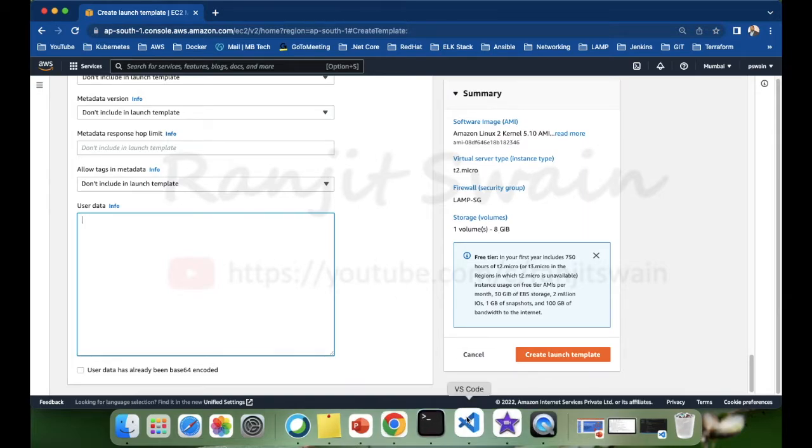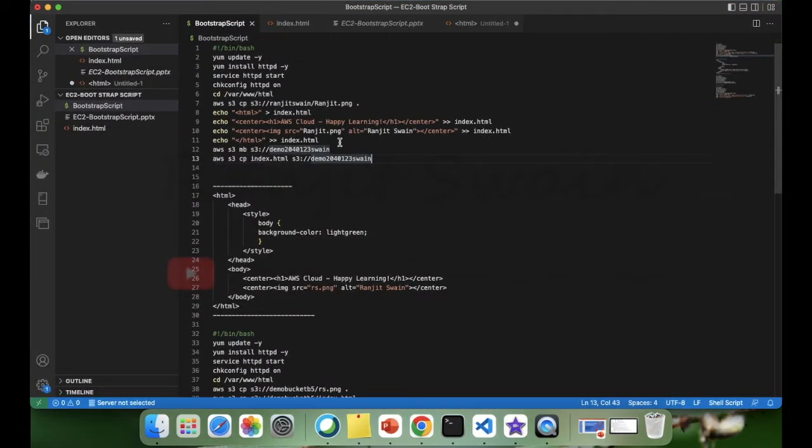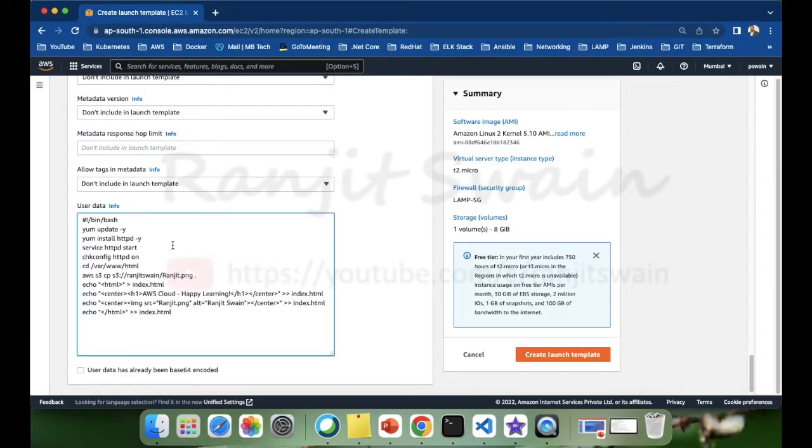Okay, so let me just copy. I have a few things copied here. I'll just get it here and put it down here. Let me clean up the things that are not required. Okay, so I put in this script, which will be executed and will create one index file in the /var/www/html. Okay, now create launch